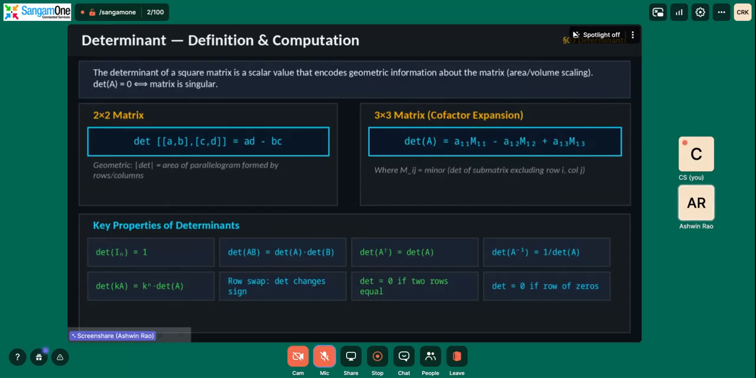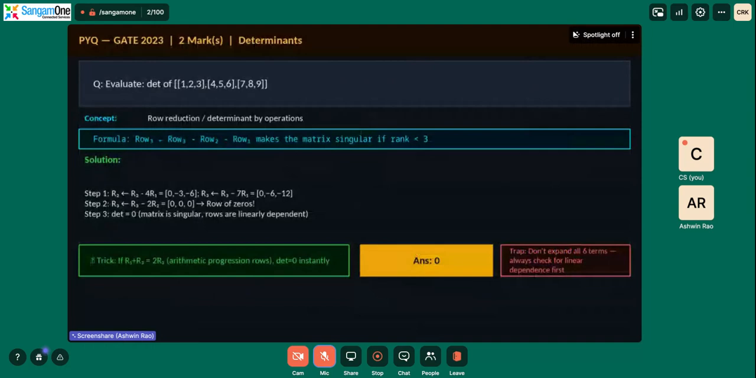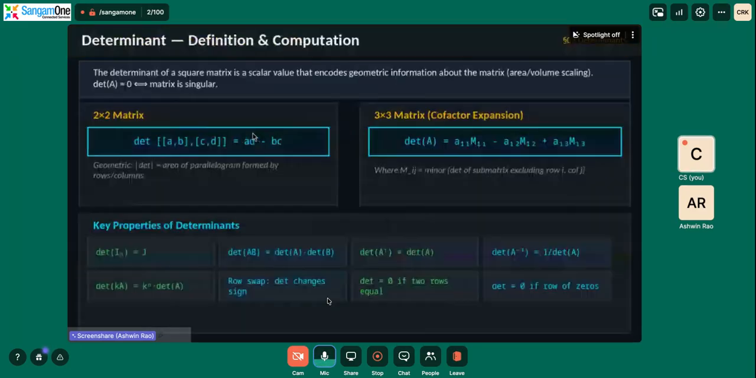Here are the key properties. Please note it down. This will be helpful in the GATE examination. Next, moving on to PYQ. Evaluate determinant of